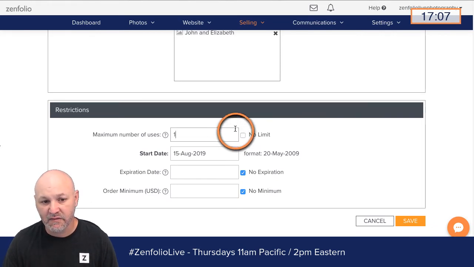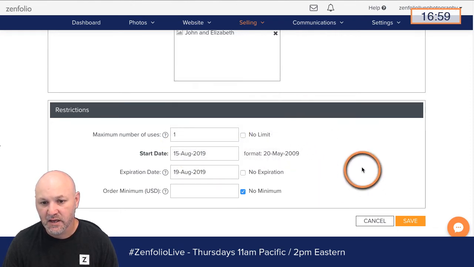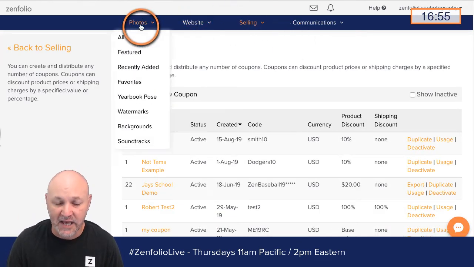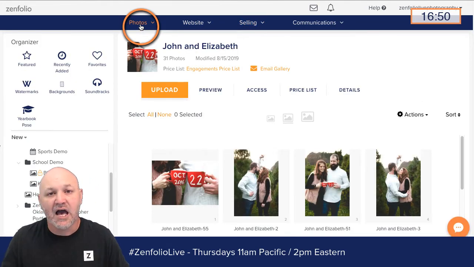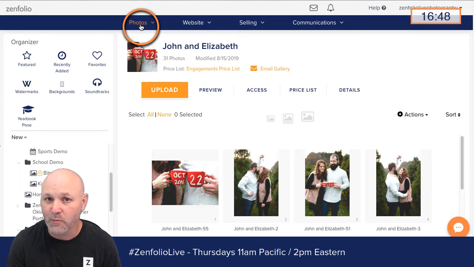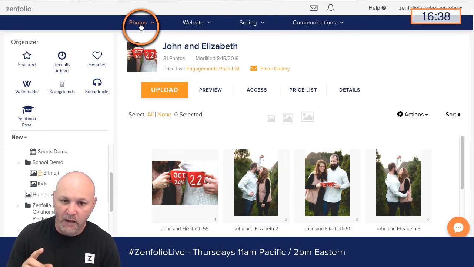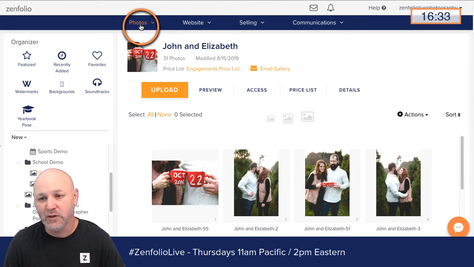And we're going to say that the expiration for this is in 3 days. So they have this day and that day to use it. Save that. And then when I email my clients their gallery link, I'm going to put that coupon code in there, and I'm going to say, hey, just wanted to let you guys know, here's a coupon code that will give you 10% off your order, but only if you use it within the first 3 days of your gallery being live. And that way, in combination with putting that expiration, we've done several things that can really encourage them